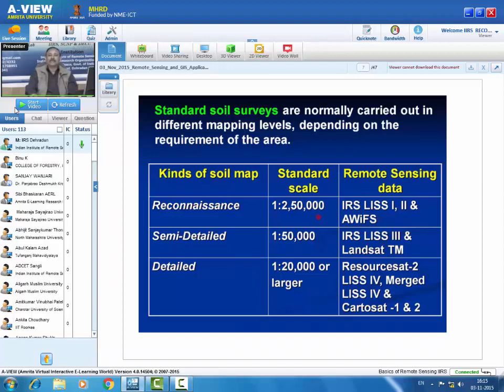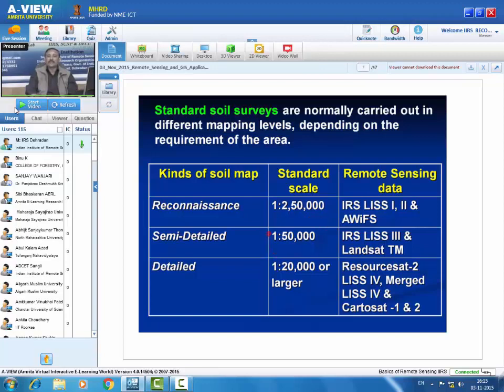So here coarse resolution satellite data are used. The 1:250,000 scale soil map for the entire country has been prepared by the National Bureau of Soil Survey and Land Use Planning, NBSS and LUP, situated in Nagpur,